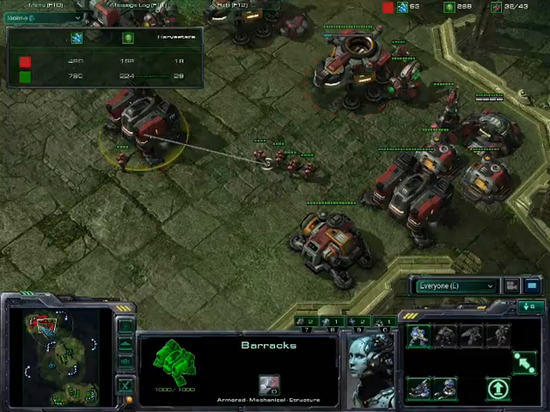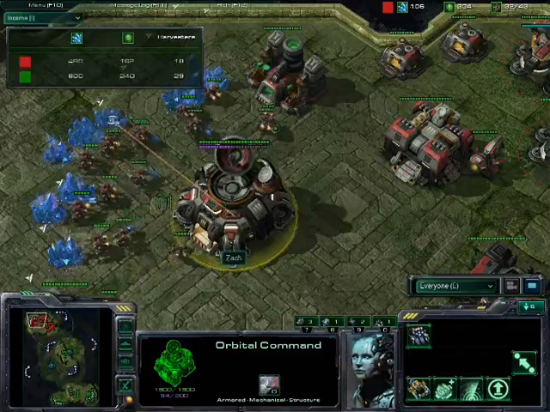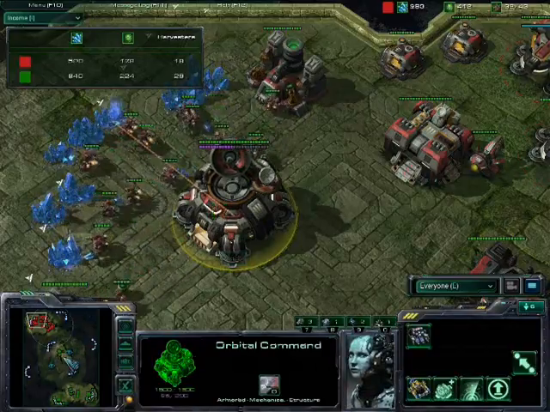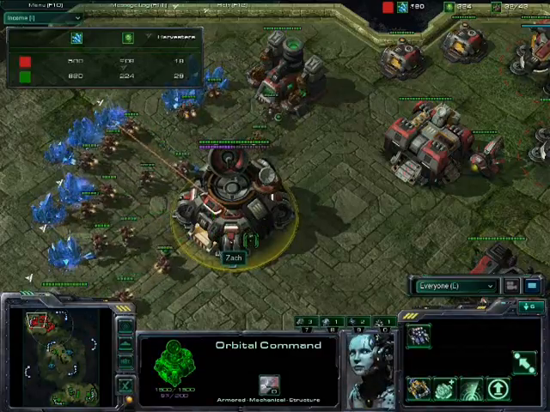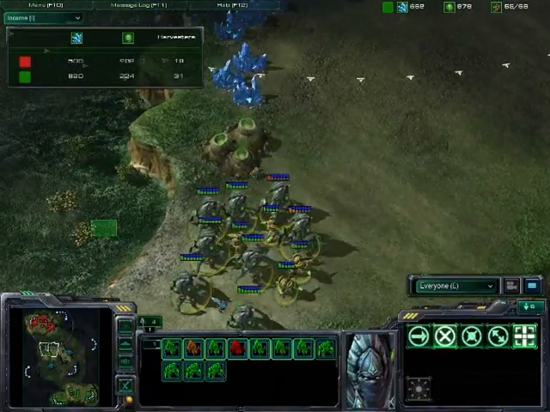Income. Okay, Zach has built a few more SCVs, but number one, he can call down a MULE right now, which he needs to be doing, or a scan. Number two, he needs to be making more SCVs. And something else that was worth noting,